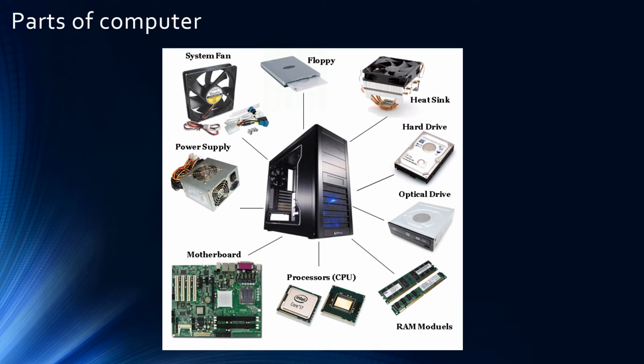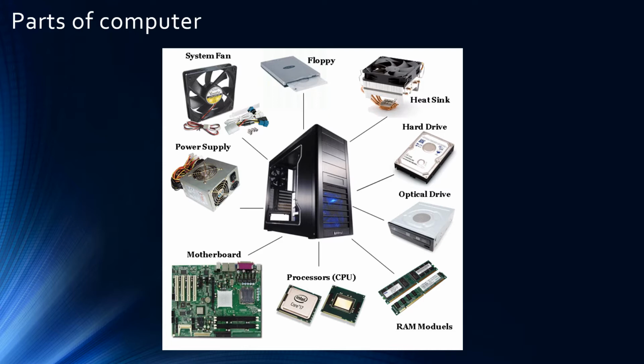As we already discussed last week on how the computer system works, we already know what parts build a computer. First of all, we need the processor. This is the main part of the computer. However, the processor doesn't have any storage, so it requires the storage module, which is the hard drive. The hard drive is permanent storage, so we need it when we install the Windows operating system or other applications.